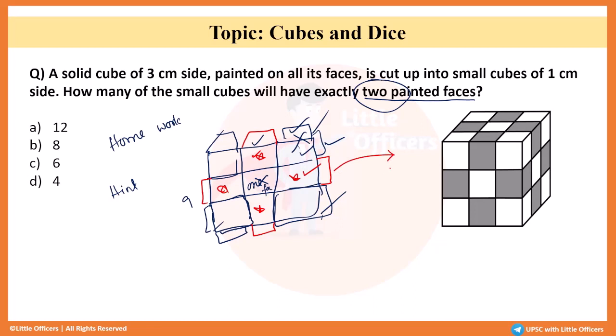ठीक है, if we count the cubes which are painted exactly on 2 faces, क्या क्या होंगे, this is 1, इस साइड को मिला के 2, इस साइड पीछे वाला को मिला के, this is 3 and 4, यहाँ पर 5 इस साइड को मिला के, 6 इस साइड नीचे वाला, मतलब बॉटम वाला फेस के साथ, then this will be 7, this will be 8, this will be 9 and 3 more will be there on the other side with the 2 faces। इस साइड दोनों को मिला के 3 more you will find it। so total हमें कितना मिलेगा, 12 such 2 faces painted cubes will be there। so the answer is going to be 12।